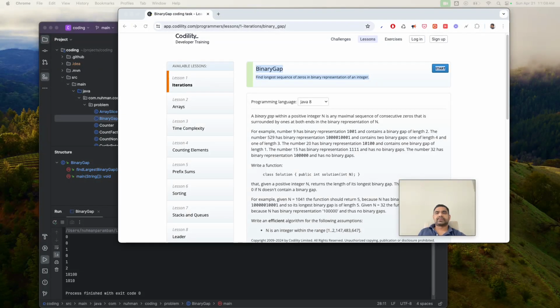Hello everyone, welcome back. So in this video we are going to solve another programming Codility problem. Here there are some examples given in Codility, so we are going to solve that right now. So this is a binary gap